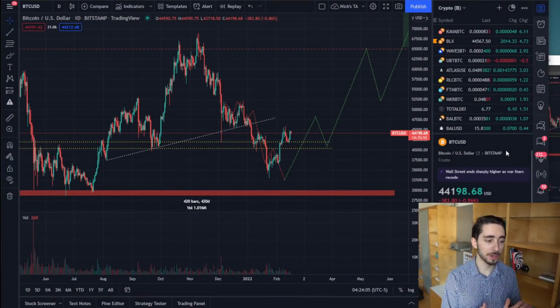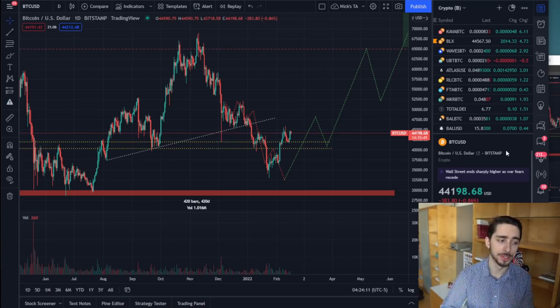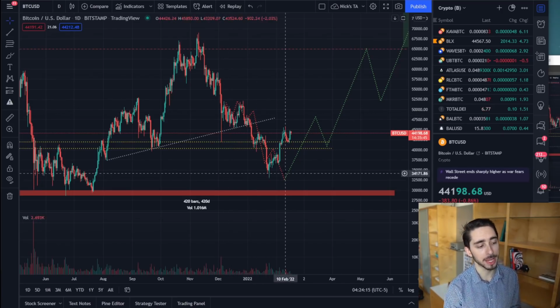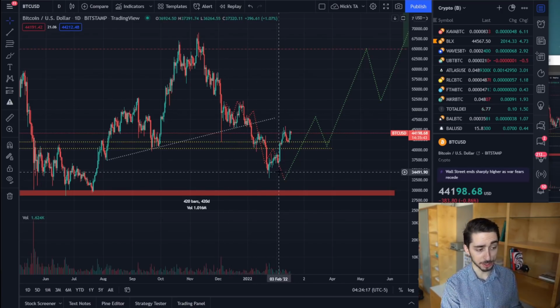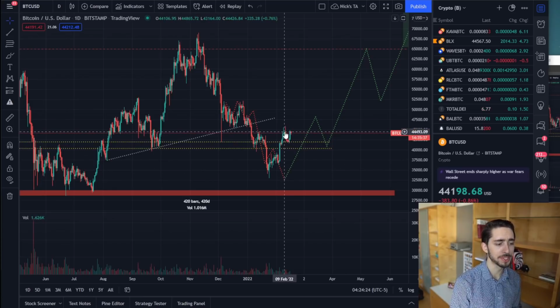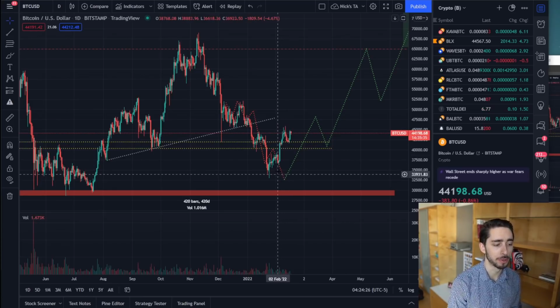So to start off here, I want to focus on technical price action. This is one of the areas that we've gotten pretty right over the past month and a half, 2 months, since we were calling for the correction to continue back here in December. Now, as we came down here to the $35 to $30,000 range with a low here around $33,000, meeting there in the middle, we've been able to see a nice retrace back upwards in price with higher lows and